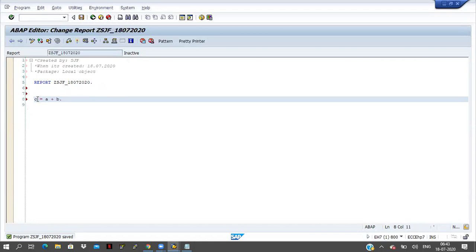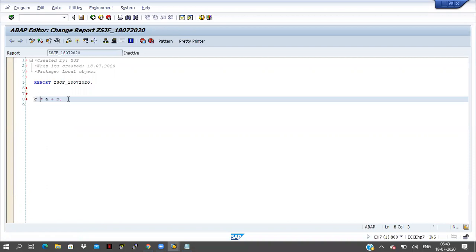So here we have to give some space. C is there and after that equal to is there, right? So in between these two, some space is there. This is mandatory here. If you go to other programming languages like C or Java, in some cases they won't need any spaces. But in ABAP it is not like that. We have to maintain space between each and every word.